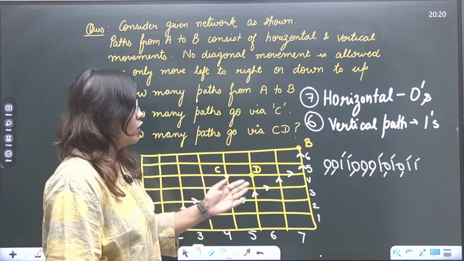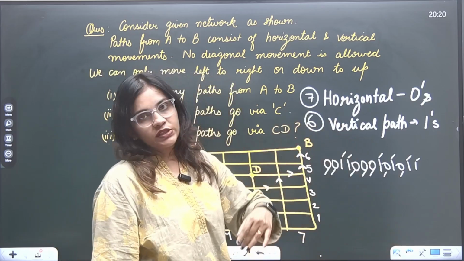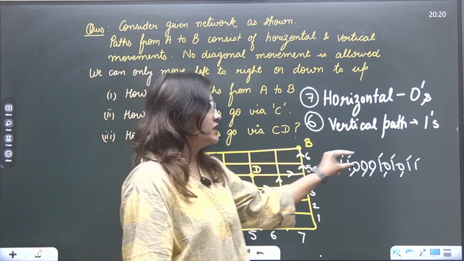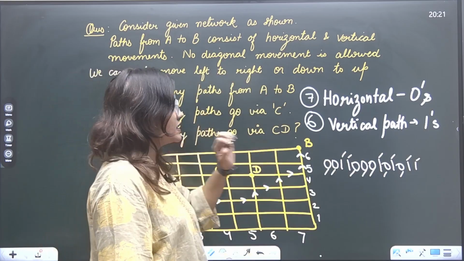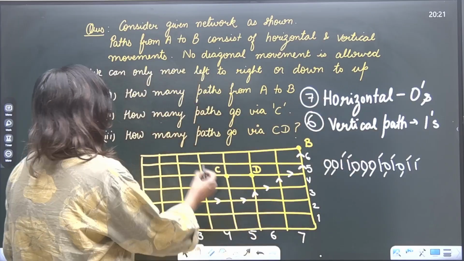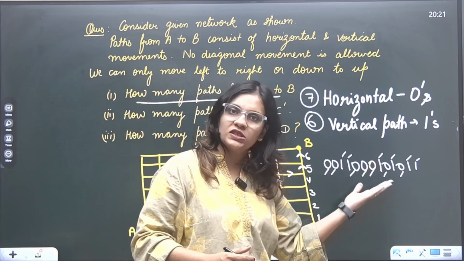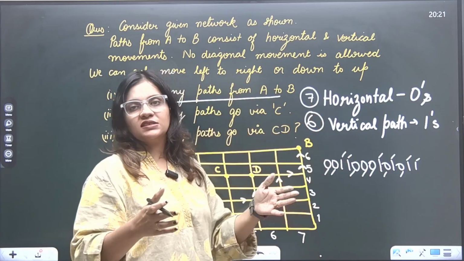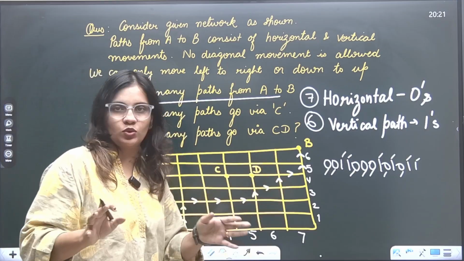Now, obviously, it can change, you may take the horizontal first, then vertical, or vertical first, then horizontal, horizontal, like that. But in total, whatever different binary sequence will represent a different path from A to B if it consists of 6 ones and 7 zeros. So basically, to find the total number of paths from A to B, we just need to find different binary sequences which can be created using 7 zeros and 6 ones, and each binary sequence will give us a path from A to B without any restriction.